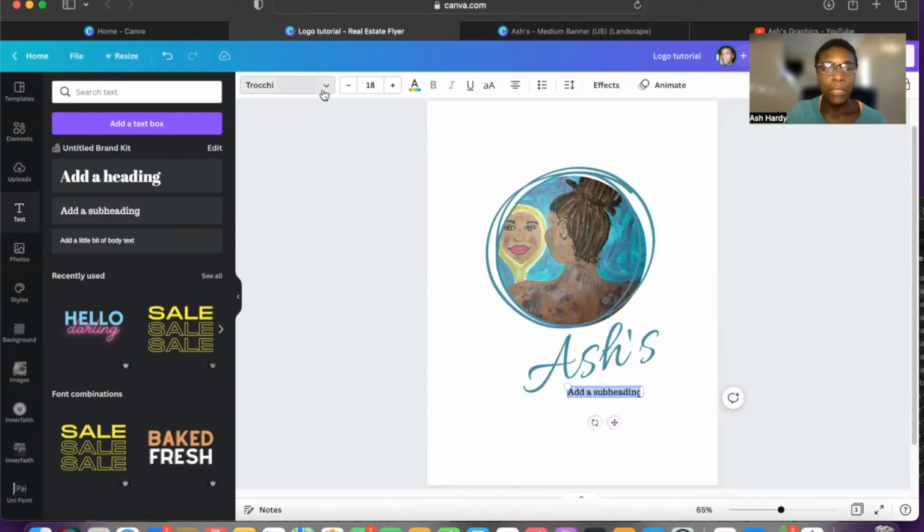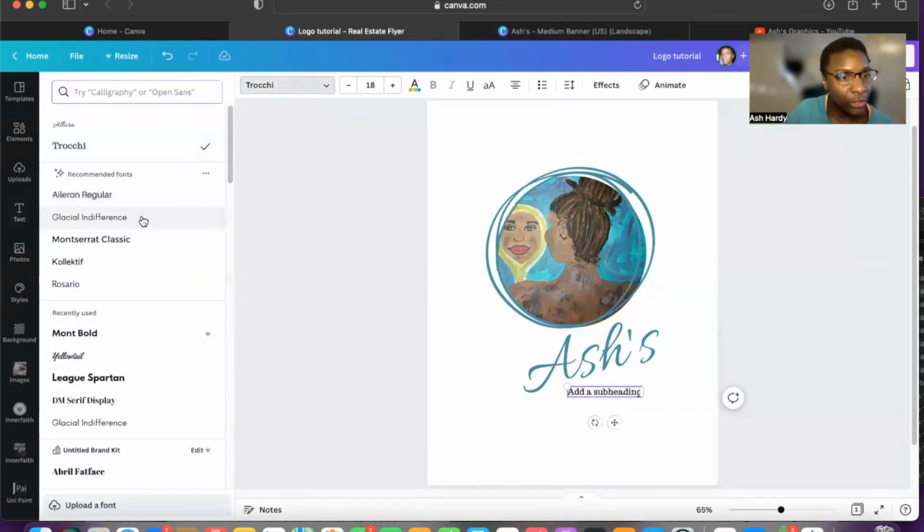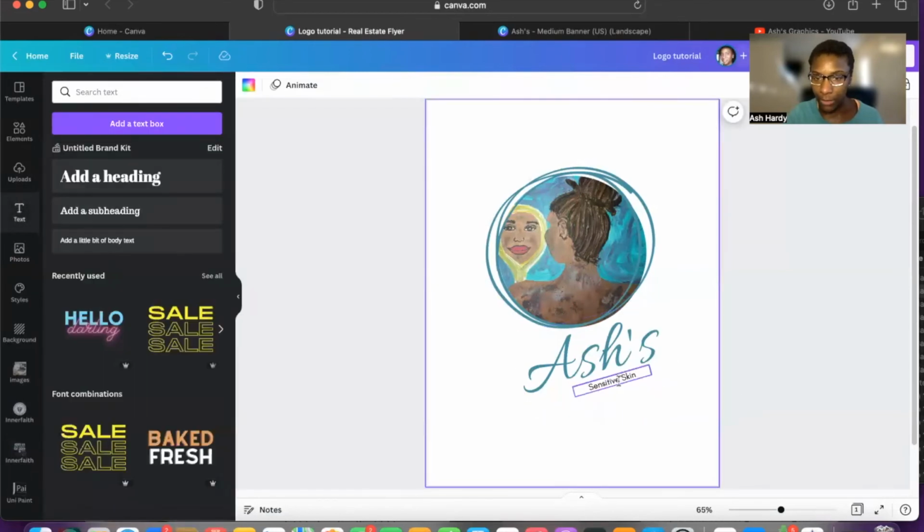And I really liked the Glacial Indifference font. I'm going to double click on it to edit it, or you can just click on it and the cursor will pop up. I'm going to put sensitive skin. I'm going to drag this line here on the right just so that all of the text is on one line and not on two. And then I also want to match my angle of my name, Ashes, with the sensitive skin, so they're all in the same